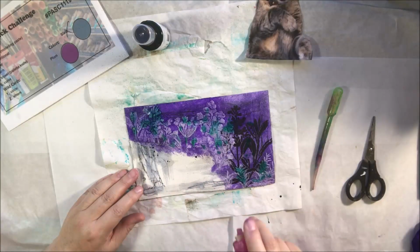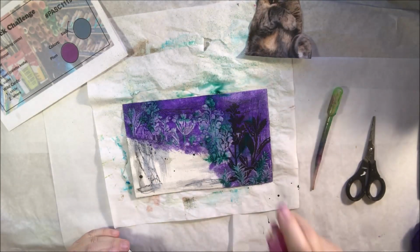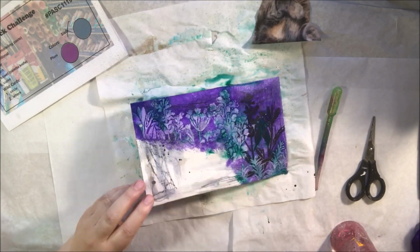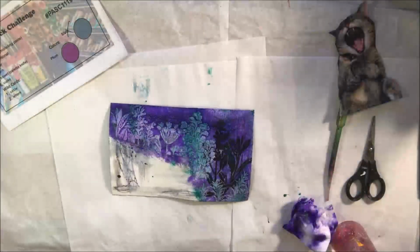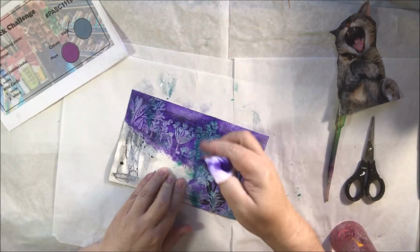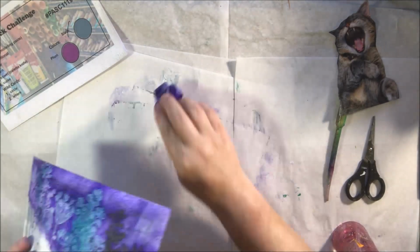greenish color to the plants, because I'm figuring that my cat is rolling around in an herb garden. There's probably some catnip in this garden, and then my cat loves it, wants to roll around in it. So I thought that there needed to be a bit of greenish color there as well. And besides, these two colors coordinate really well together, the kind of purplish color and the teal color. And then I've still got the slate going on in the background, and also